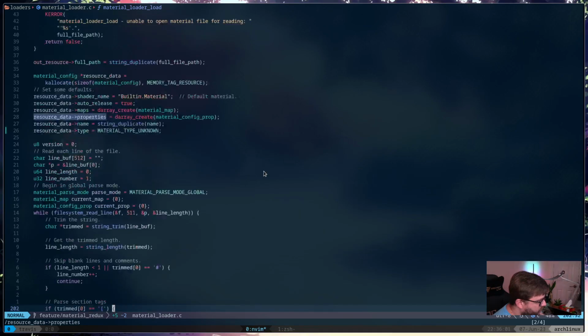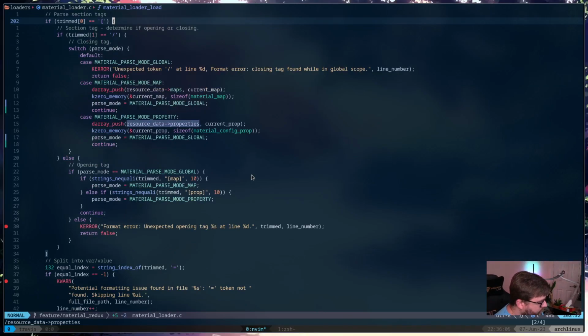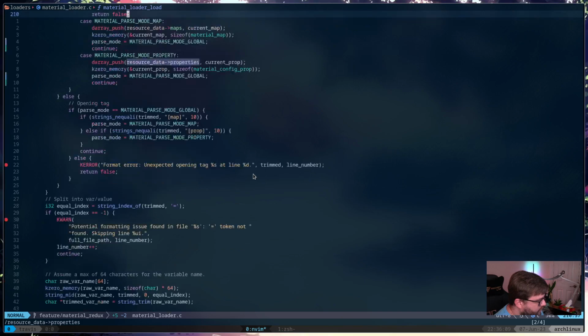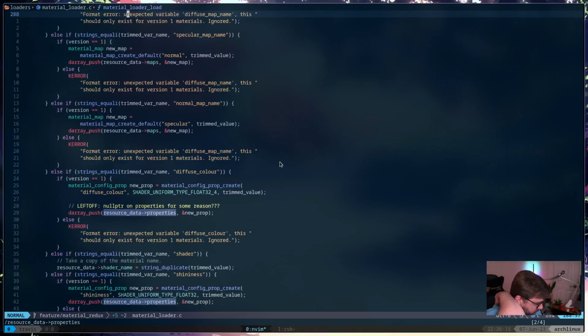All this is done before we actually start parsing anything. It's only happening on diffuse color.